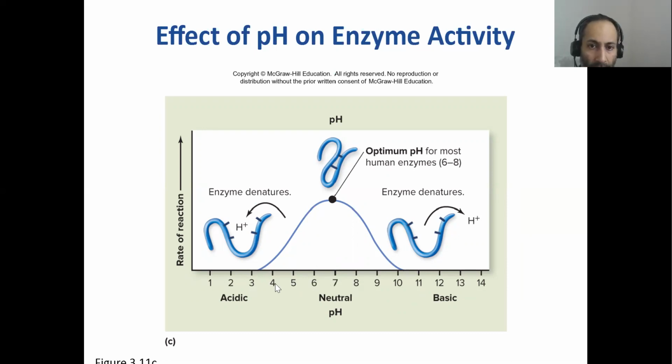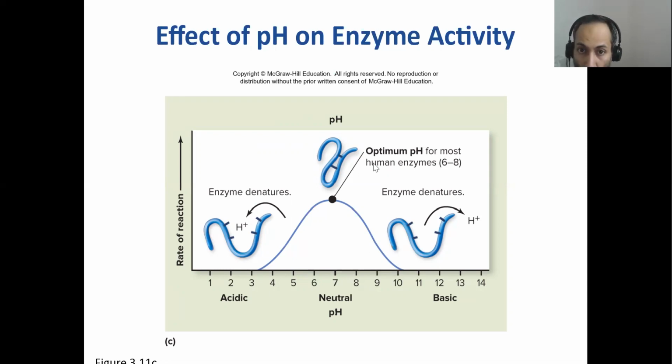So there are certain enzymes that work best at acidic levels, okay? Think of an organ in your body which is acidic, the stomach, right? And the vagina. Those are two places where you have an acidic pH. So there are certain enzymes like pepsin. Pepsin is an enzyme found in your stomach, which works best at a pH between 1 and 2 because it's active in your stomach, right? And then there are certain other enzymes like enzymes in your pancreatic juices and bile itself. And these enzymes are best activated at an alkaline, at a basic pH, all right?